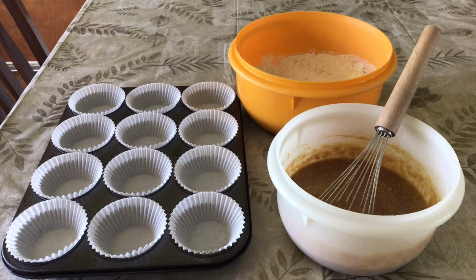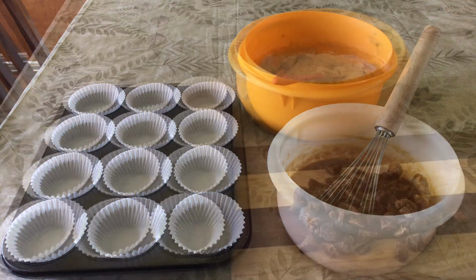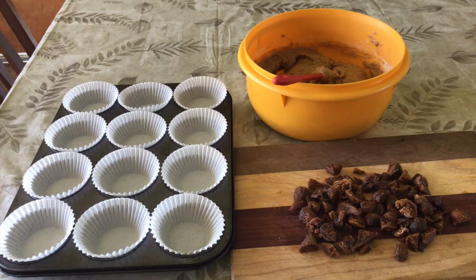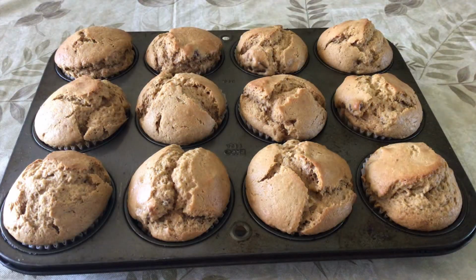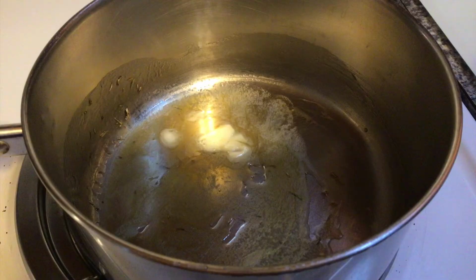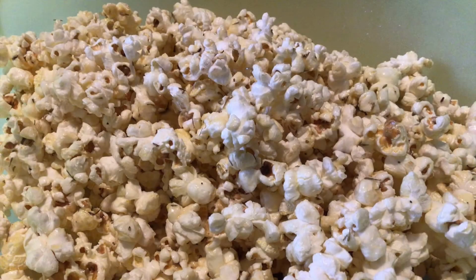up the wet ingredients, butter, eggs, brown sugar, and buttermilk, and the dry ingredients, flour, baking powder, and baking soda, and spices, then combine thusly and add in chopped figs. Dish them out into lined muffin tins, bake at 375, and you're good to go. Next up was the Palace Athena popcorn, which was nice and simple. Just melt together a little butter, honey, and thyme, then pour it over some plain, fresh popped popcorn, and add